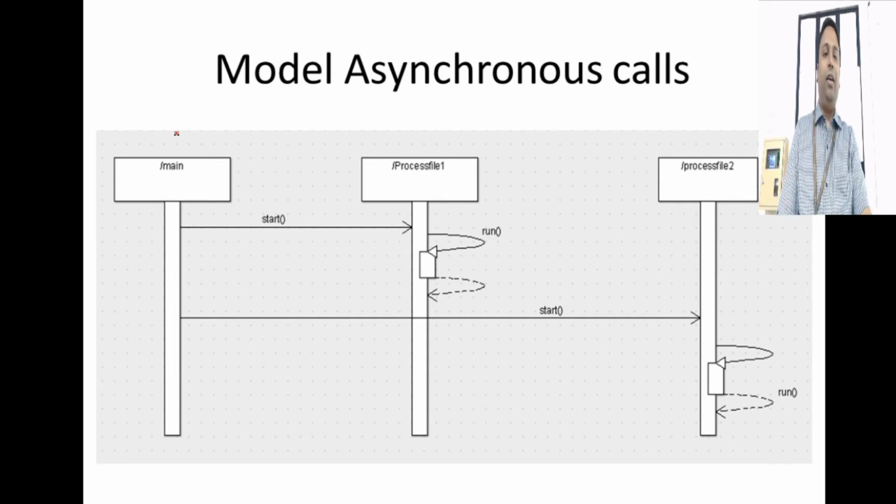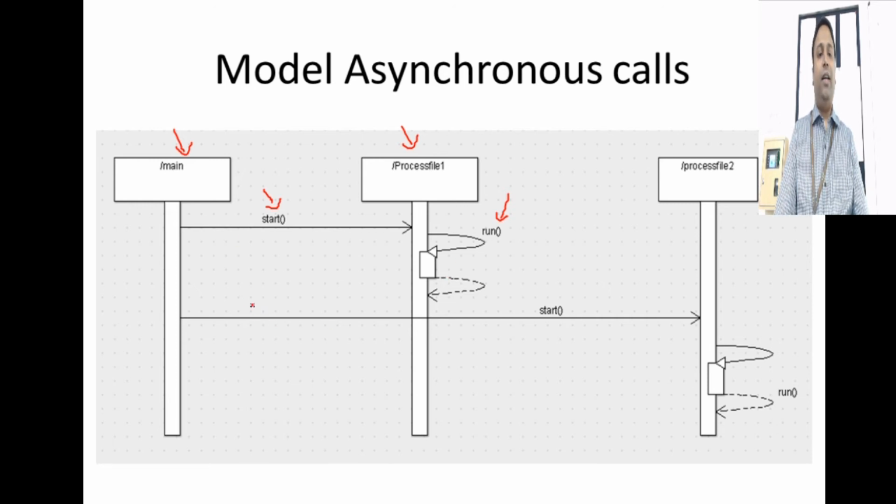So this is the main class. From here, I'm starting thread 1 from this particular object. So this is going to invoke the run method inside that object and start writing to the file. So this run method will in turn return back to the same object. That's a self-reference. So inside that run, I have writing to the file IO statements, which will work and it will complete writing to the file.